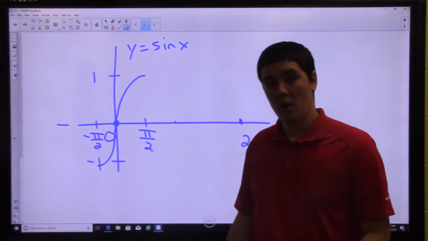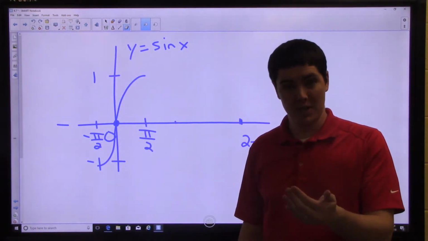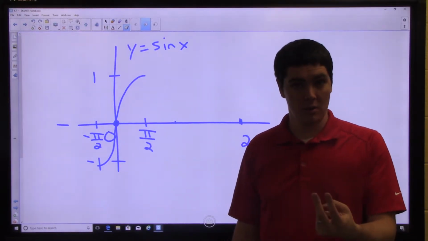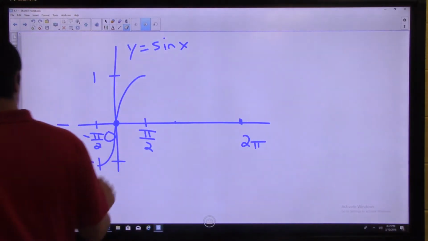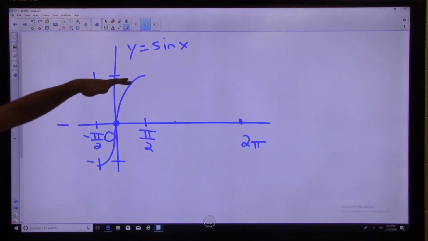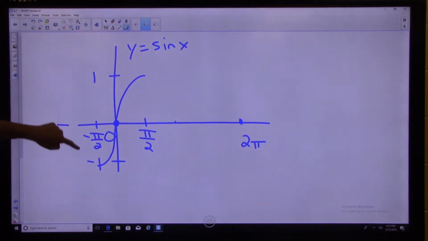Remember, when we do inverses, we switch x and y values. And if we switch x and y values, what we're doing is switching domain and range. So let's go ahead and write this down. Hopefully that made sense. We have to limit the domain of the sine function in order for the inverse sine to be a function. And now the reason why we limit it to this